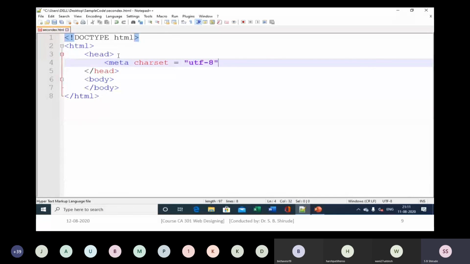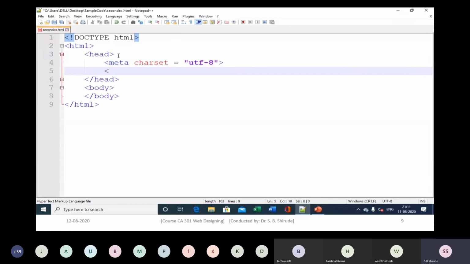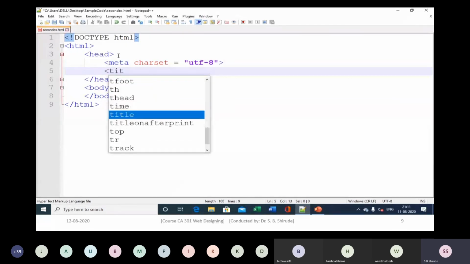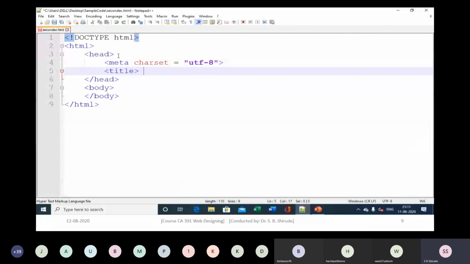Then close the meta tag and specify the title information. Give some useful title, for example, Example using HTML5 or New features of HTML5. Let us complete this title tag.